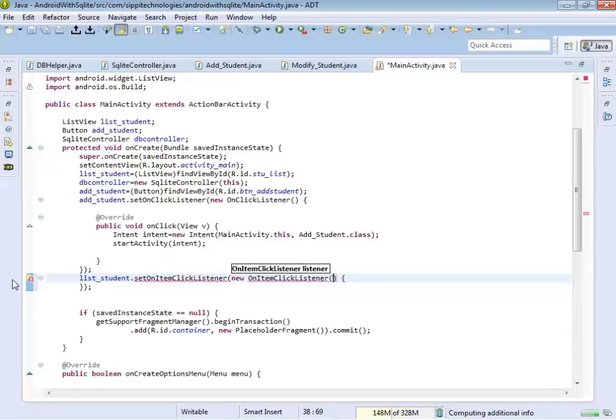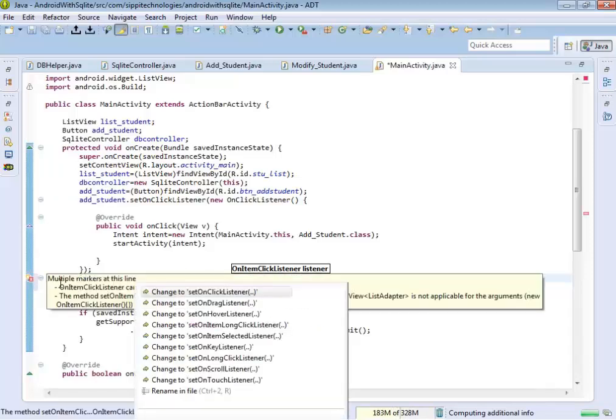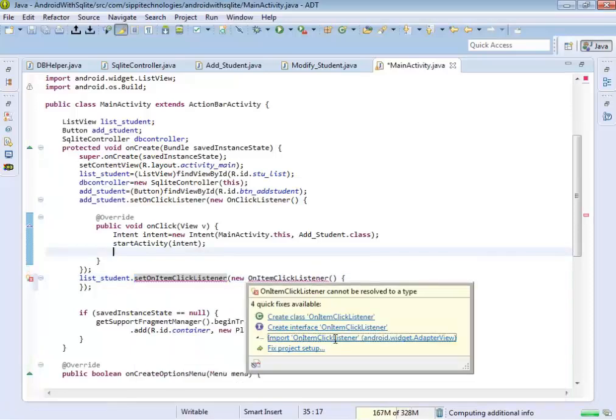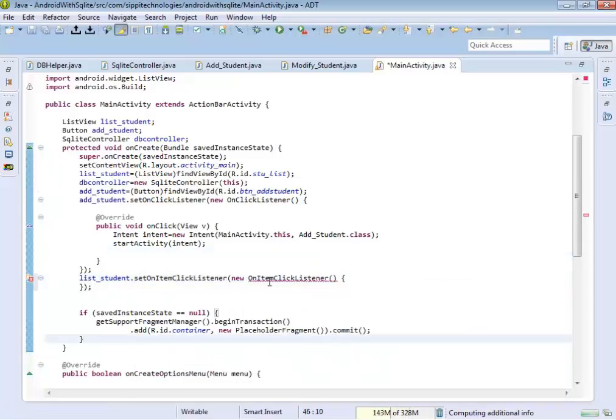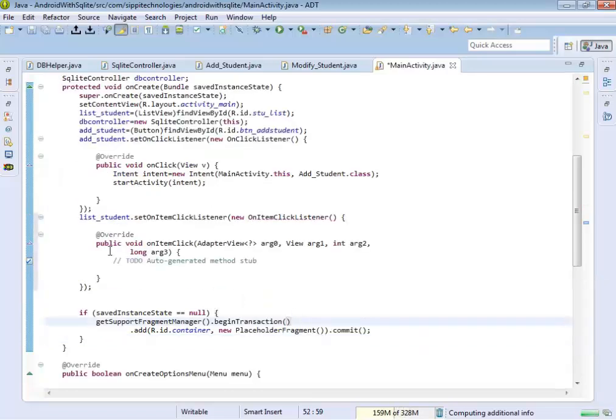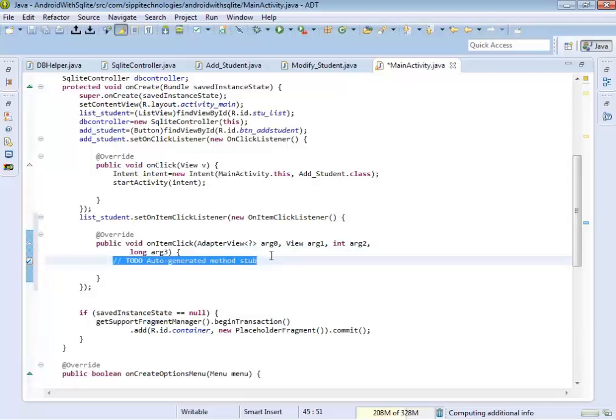Here add the implement method. Here also create an object of the Intent class,